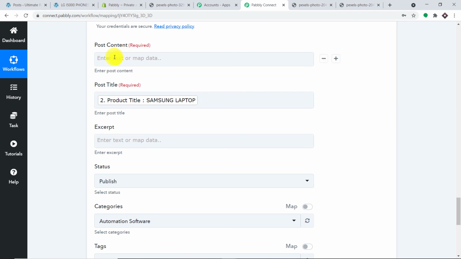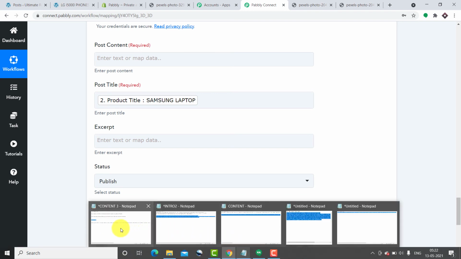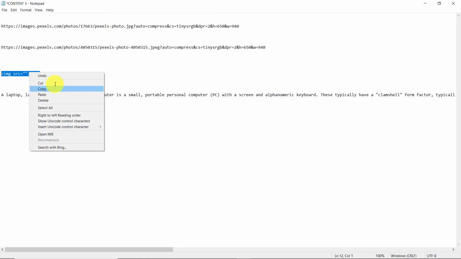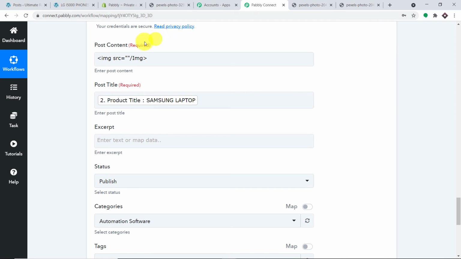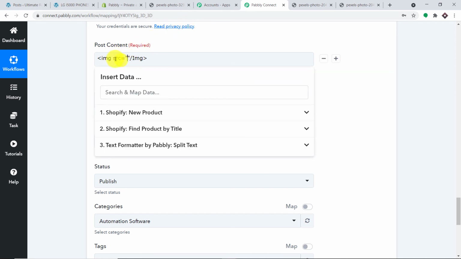Now coming to the post content. There is something you should know. I'm planning to insert the image as well as the content in this same field. So there is a small code that you have to enter before you map the image. First you enter this simple code, that is image src equal to double quotes, and after that a slash and image.